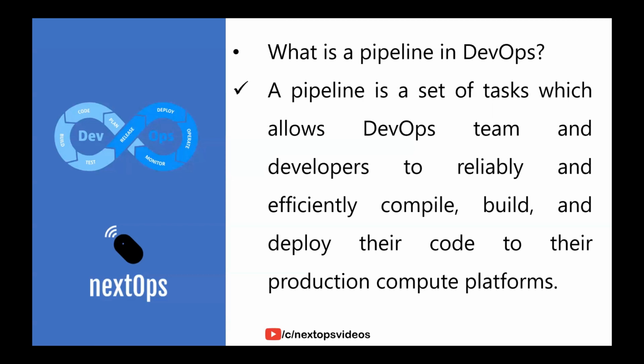So pipeline will help you to compile the code, build the code, and deploy the code. So you need to pick up respective tasks to handle these efforts. You need to pick up a compile task, you need to pick up a build task and a deploy task. All these tasks will be executed sequentially in an order. So it is a task sequence. A pipeline is a collection of tasks which follows a sequence and enables automation of entire effort.